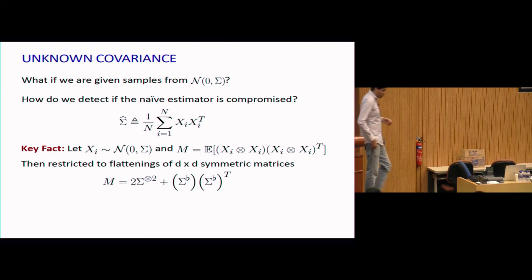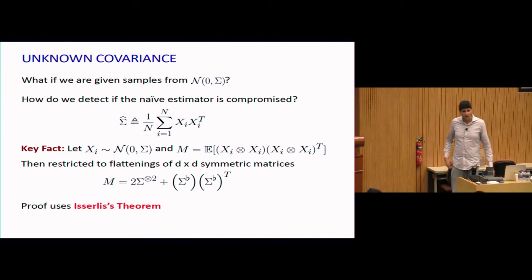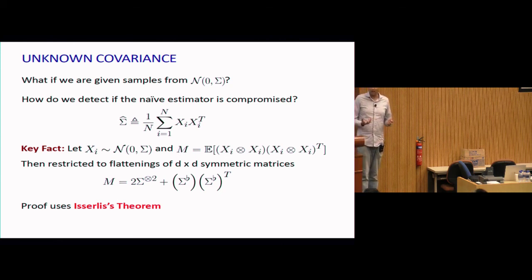I'm not going to prove for you where exactly this comes from. It's usually proven through something called Isserlis's theorem, which comes up in quantum physics, and it has to do with the relationship between the moments of a Gaussian and perfect matchings. But one simplistic way to think about it is that if I think about a Gaussian in 1D, N(0, 1), then its fourth moment is 3. You can take that as a fact, and there's a much more pedantic way to say that the answer is 3. If you take a complete graph on 4 nodes, there are 3 perfect matchings. And that's the reason why its fourth moment is 3.